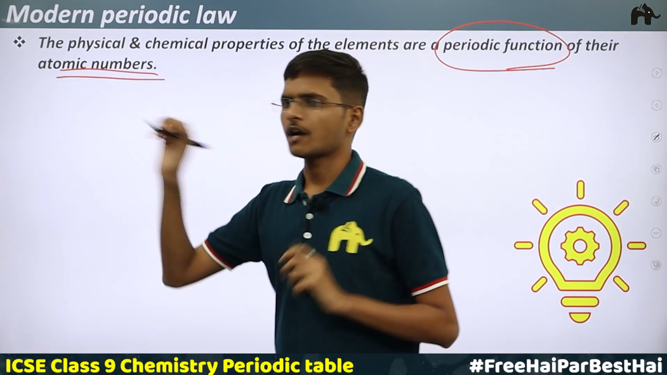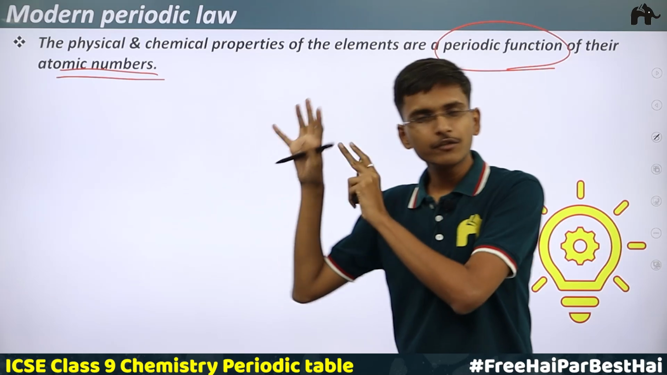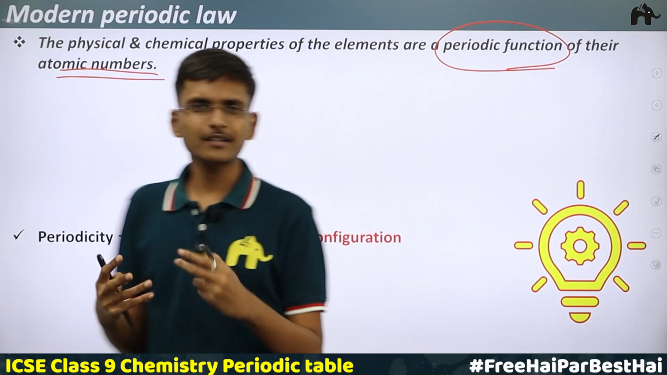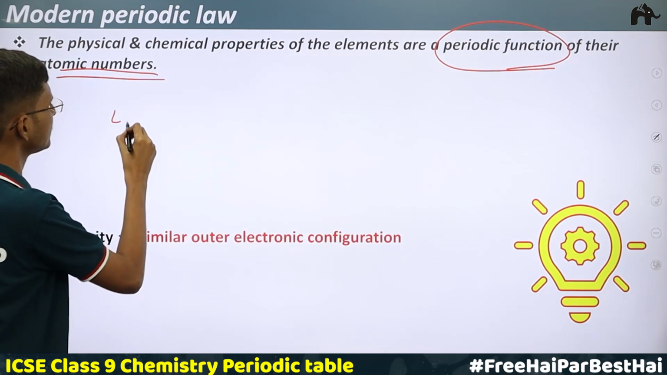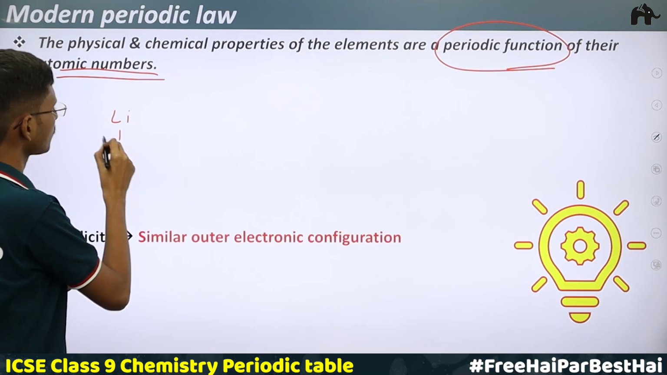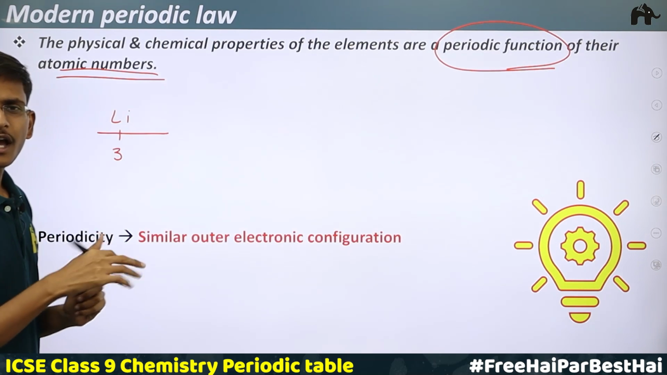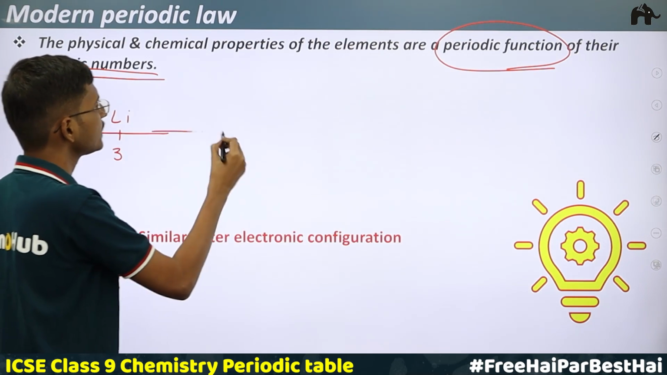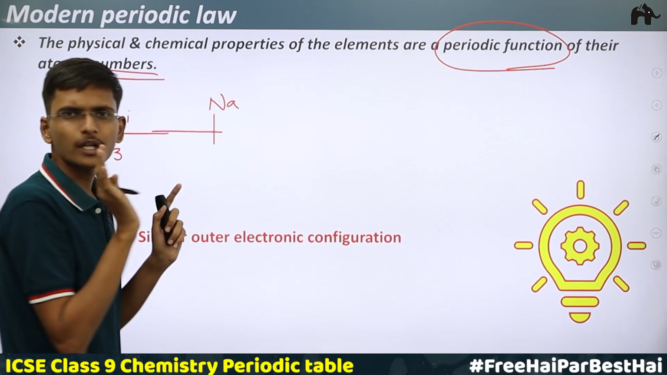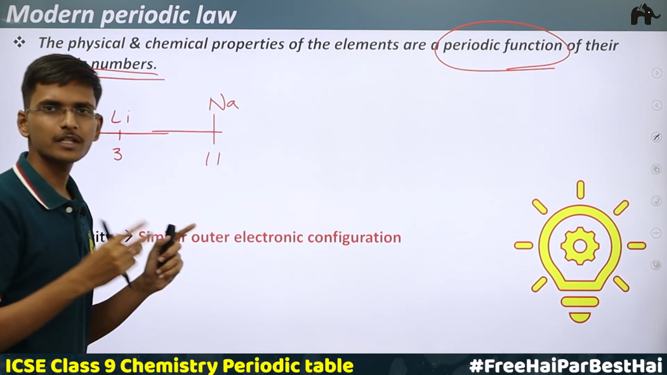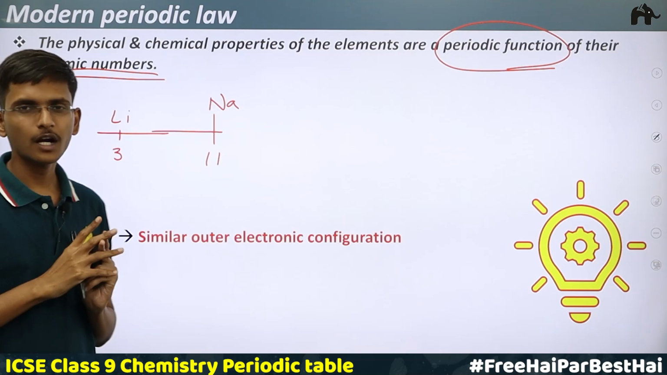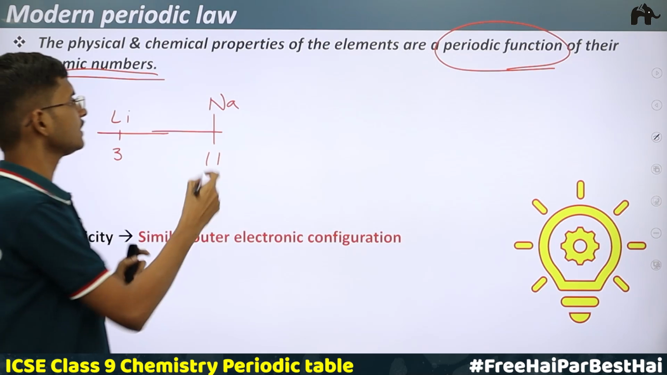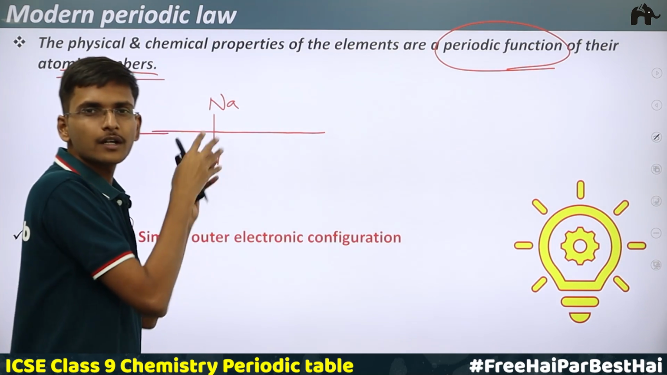Now I have already explained Mendeleev's periodic law. What that meant was simply, suppose I start with lithium, whose atomic number is 3, and I progressively move on to elements having higher atomic numbers. I would encounter sodium, whose atomic number is 11, and I would see that the properties of sodium are similar to those of lithium. Then again I would move on,